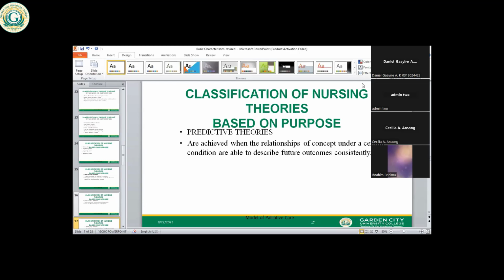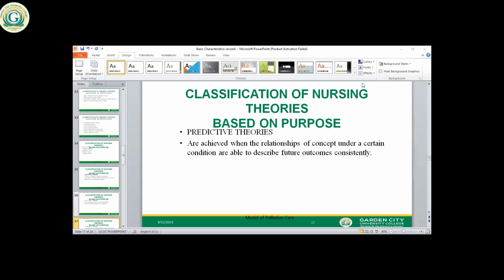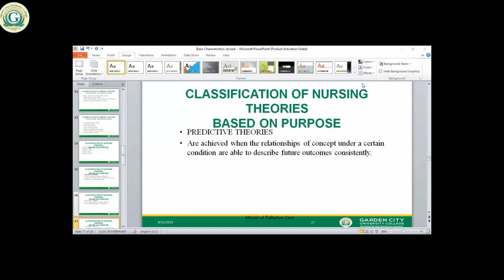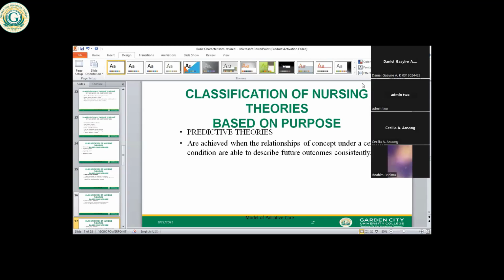Yes, please. Can we say that the predictive theory is based on experience? Not really based. For all these theories, you might have conducted a research to really come out with it. So it is not based on experience per se. It should be based on a previous research rather. That can as well be an experience anyway, but it should be based on a previous research. Then you can predict the occurrence of that particular thing in the near future, given the same situation.